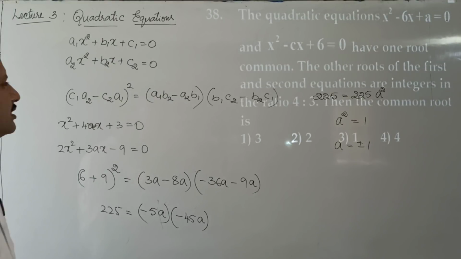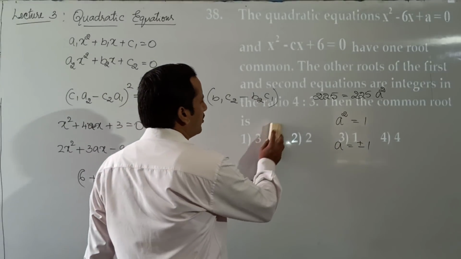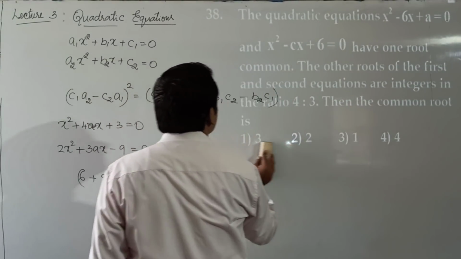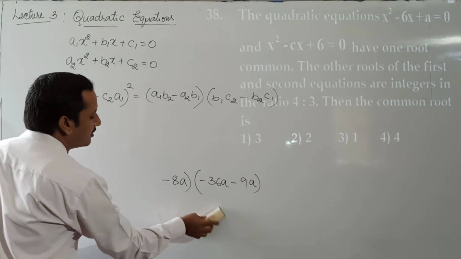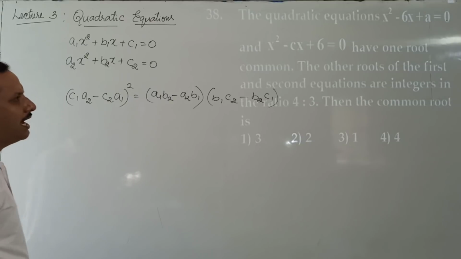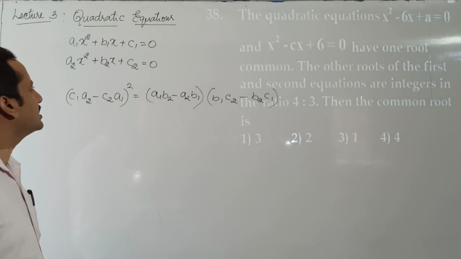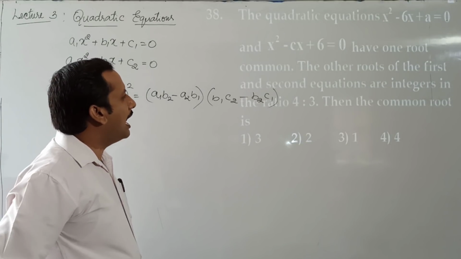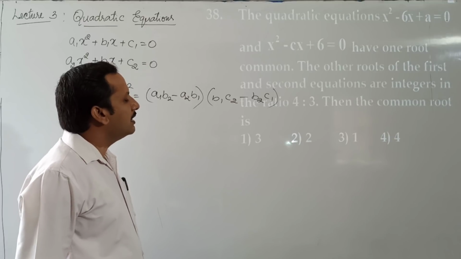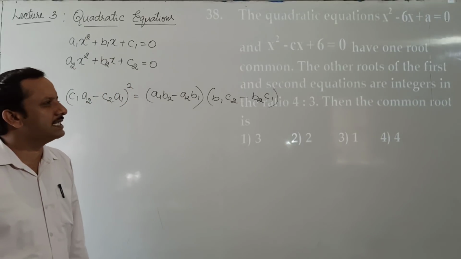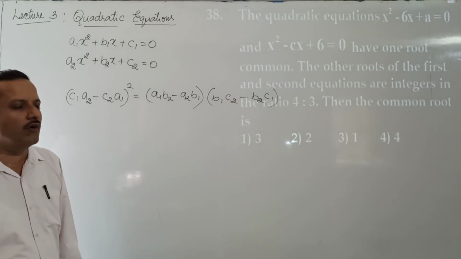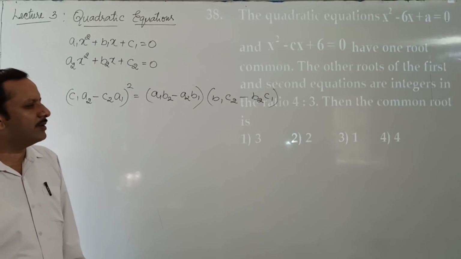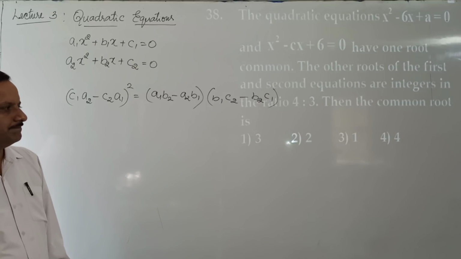Okay. Let us look at this problem. The quadratic equations x² - 6x + a = 0 and x² - cx + 6 = 0 have one root common. The other roots of the first and second equations are integers in the ratio 4:3. Then the common root is